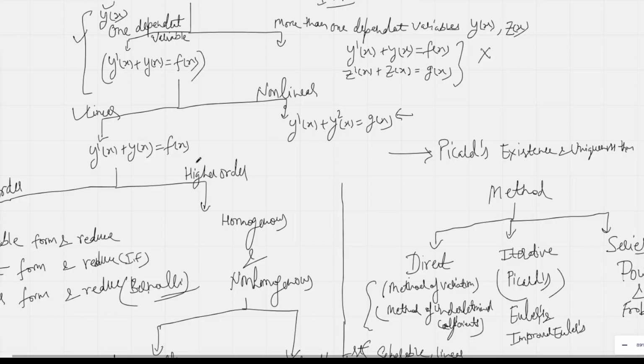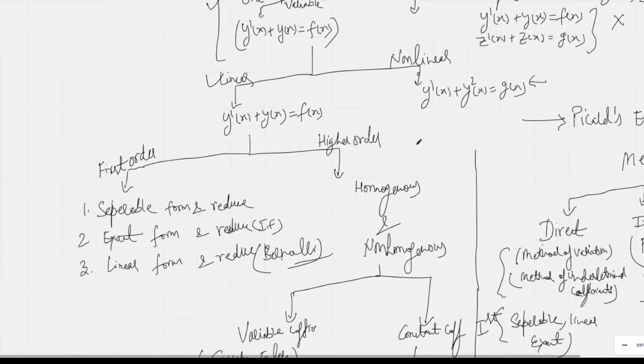So in linear, before solving it, we discuss the Picard's existence and uniqueness theorem. It basically tells us whether there is a solution or not for the given problem. Beforehand, we want to know whether there is a solution to the problem we are going to solve. So Picard's existence and uniqueness theorem will let us know whether a solution exists and whether it is unique or not. Now let's focus on the course part, that is the linear, and then we have the first order and